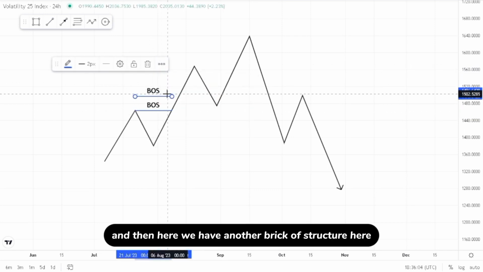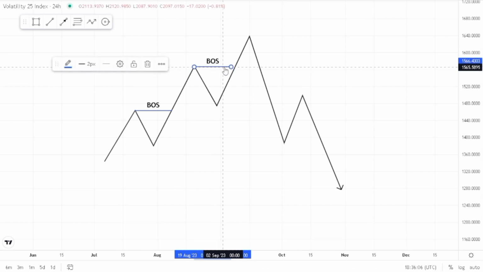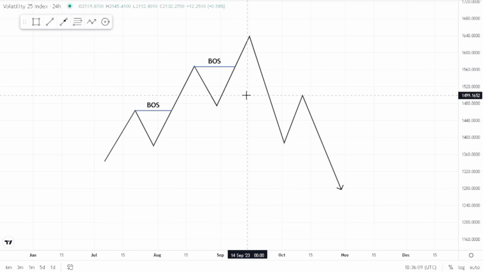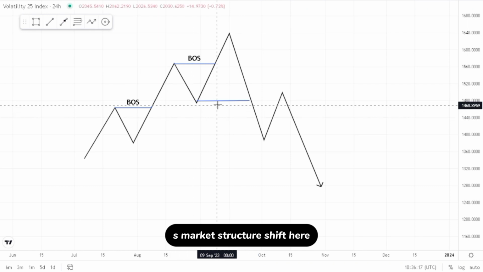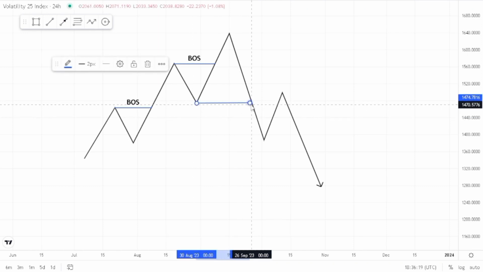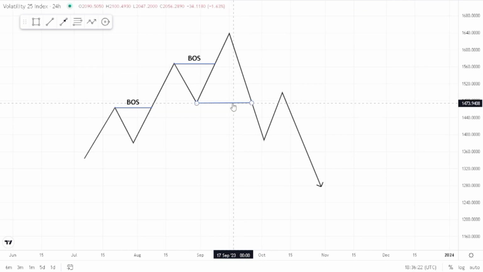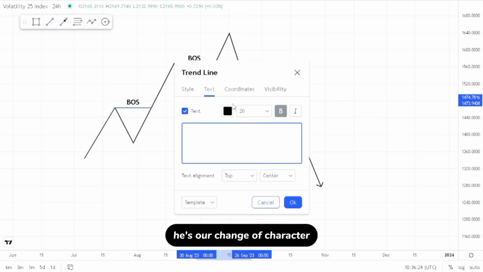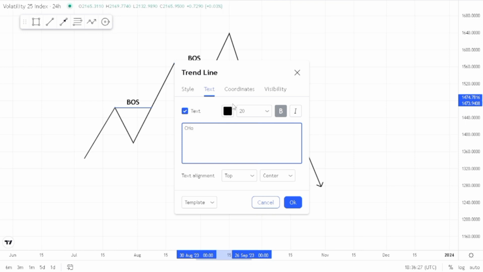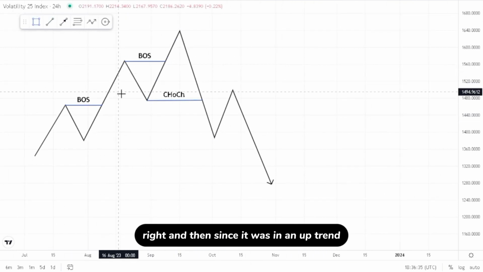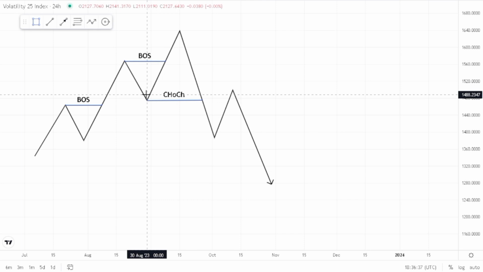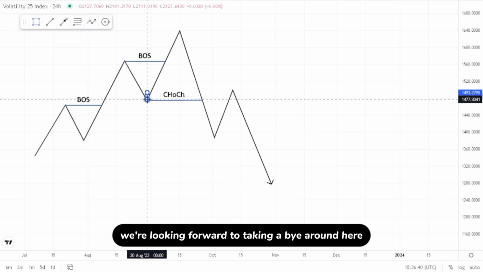And then here we have another break of structure here, like this. And then here there's a change of character, or MSS, which is market structure shift. Here is our change of character right here. Okay, right. And then since it was in an uptrend, we are looking forward to taking a buy